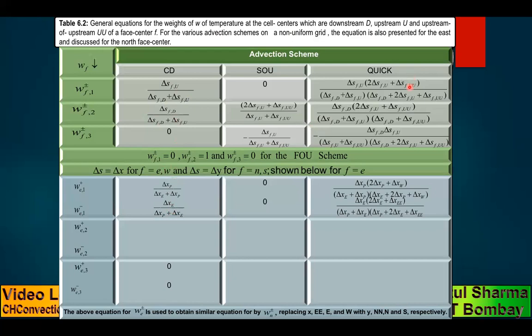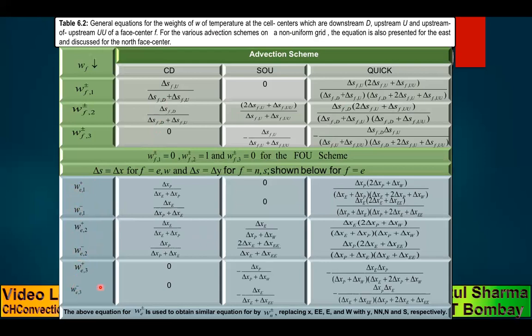Okay, what is the upstream of upstream? When it is positive, in the east surface, the flow is in the positive x direction, it is capital W, which is shown here. If ME is negative, upstream of upstream is capital EE, which is shown here. So when you substitute the appropriate U, D, and UU, you get the weight for the plus and the weight for the minus as shown here. Similarly, using this expression, you can obtain the weight of the downstream neighbor, the weight of the upstream neighbor, and the weights for the upstream of upstream neighbor as shown here. All these are shown for the east surface.